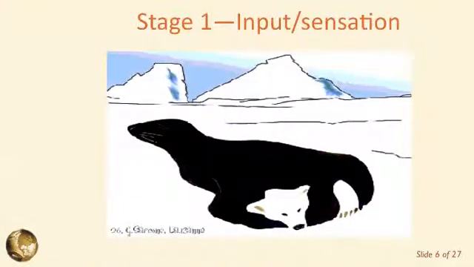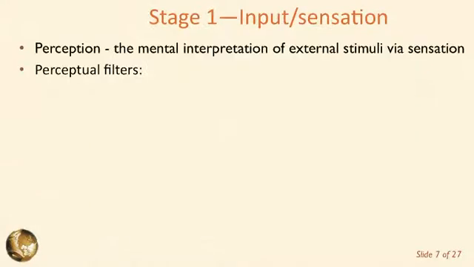So the first stage, when we're talking about perception, is some kind of stimulus, like hearing something, or in this case, seeing a picture, and then interpreting that. And when we have this external stimulus, there are different filters that affect how we interpret that stimulus. The first of those is the physiological filter. So if we don't see very well, or we don't hear very well, that's obviously going to affect our interpretation of